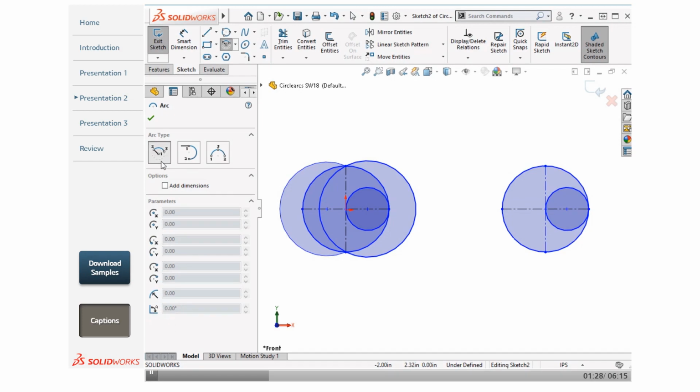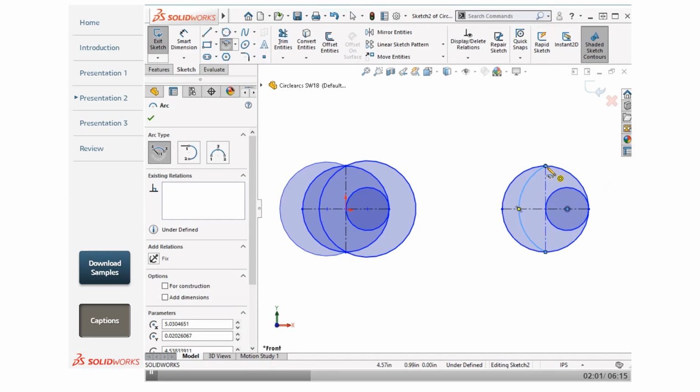The center point arc is drawn by clicking the position of the center point first, then clicking to start the position of the arc, and then moving the cursor along the inference line and placing the other endpoint. I want to create the arc shown here in the sketch profile on the left, which has its center point at the center of the perimeter circle I drew earlier. With the center point arc activated, I'll click the center point of the arc at the center of the perimeter circle, then begin the arc at the bottom of the vertical construction line, and then end the arc at the